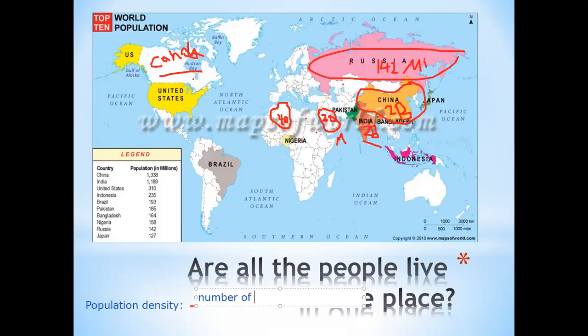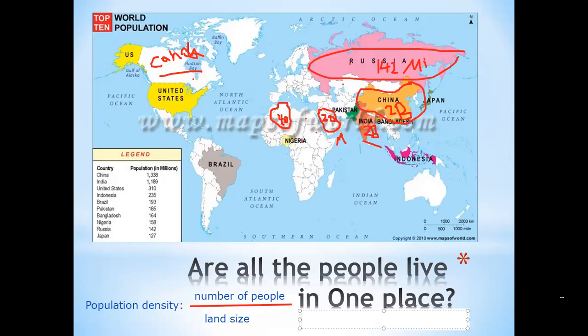People, for example, they are what? They are 30. Okay, the number of people in that area, which is Saudi Arabia, and then you divide it on what? Land size. On the land size. So you will take the number of people and you divide it on the land size in square miles or square kilometers. And then after that, you will tell me how many people are living in the country of Saudi Arabia. You will say, for example, that the people in Saudi Arabia, they have 30 million, and this is the number, 30 million, and